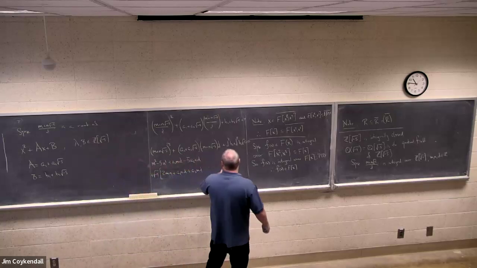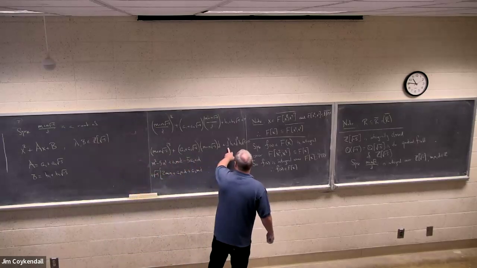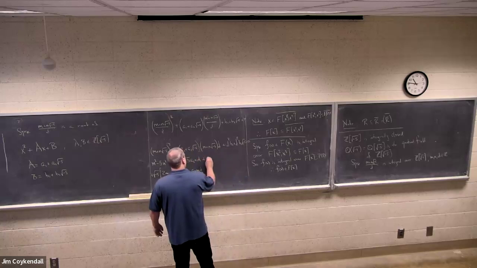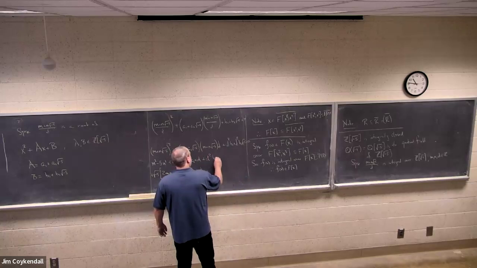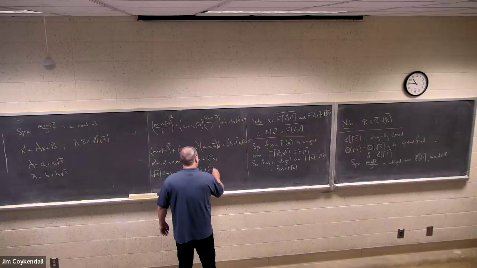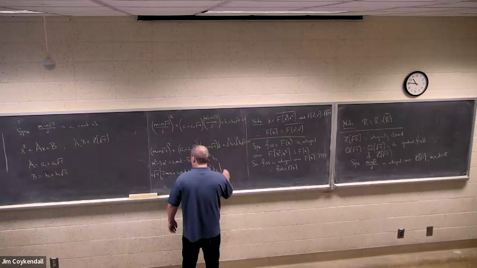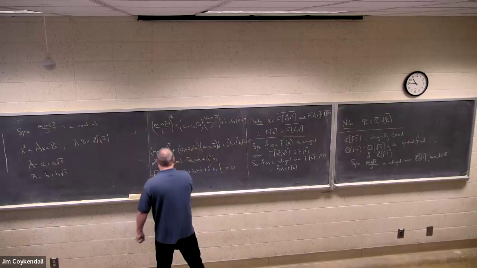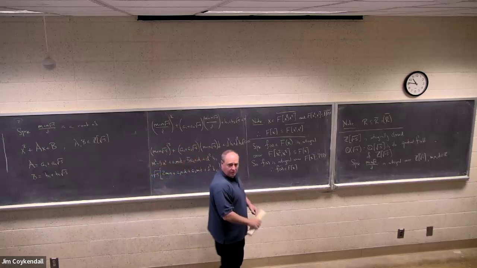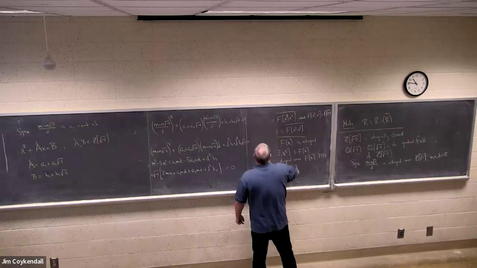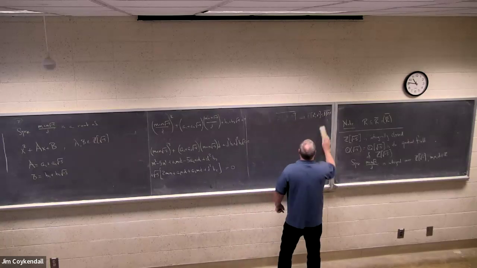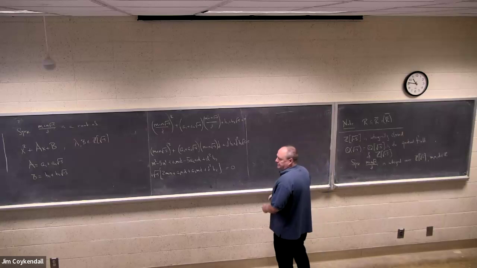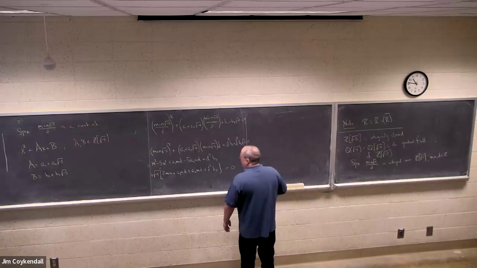And finally, I get a d squared b1, and I get a plus d squared b2 radical negative 5. And this whole thing is 0. This complex number is 0, right? So since this is 0, and 1 and radical negative 5 are linearly independent, I get